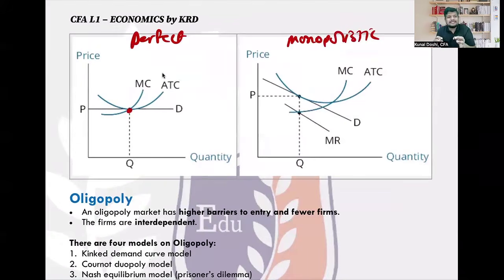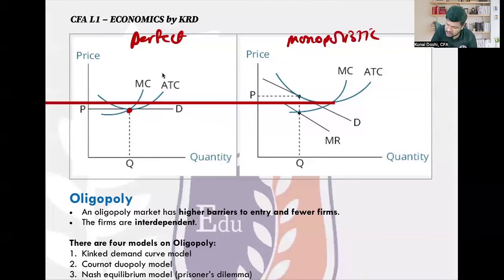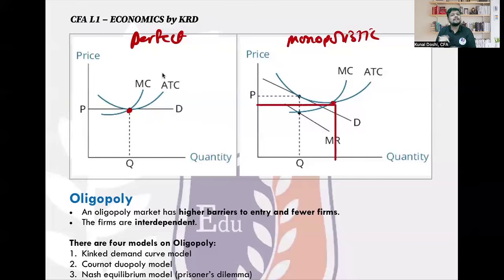In perfect competition, the ATC is minimum, so the price is at equilibrium and quantity is also at equilibrium, right? But if you notice in monopolistic competition, the ATC lowest is here, and the price is not at that point, or the quantity is not at that point. Ideally, the price should be slightly below, right? And the quantity should be more. Am I correct? Are you noticing that?